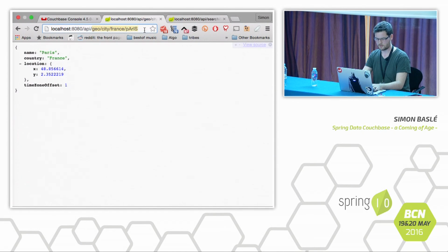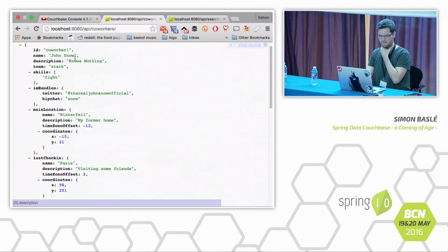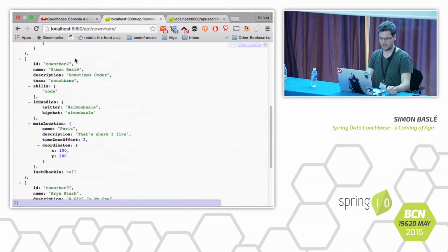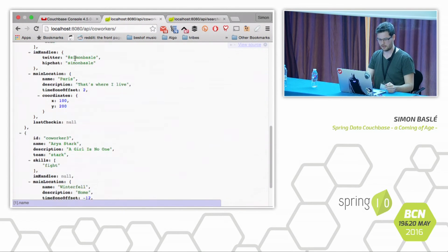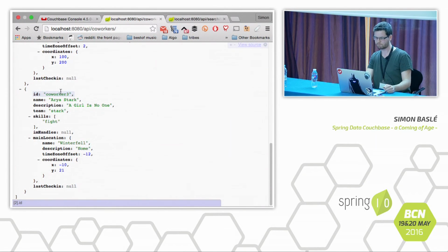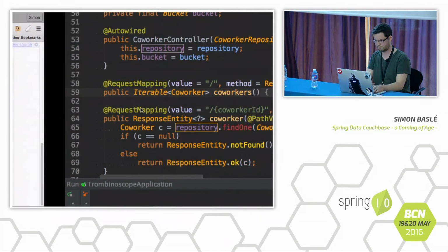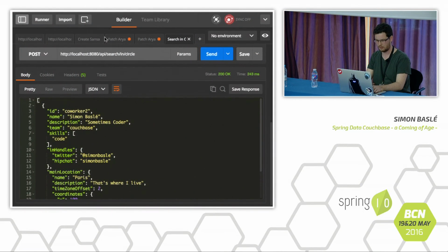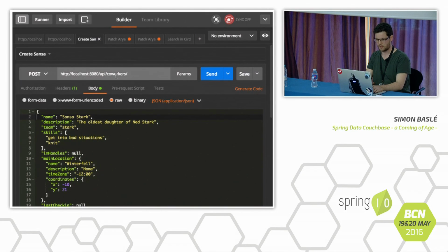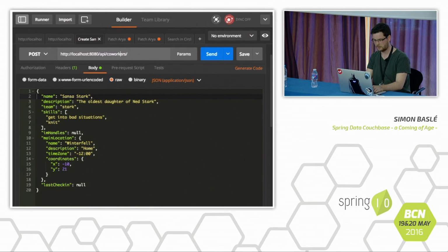So yeah, that's another example. But if I do API coworkers, I see that I have Jon Snow, Simon, and Arya Stark. And if I want to, for instance, create a new coworker, I can do a post with a tool like Postman. So I can post on API coworkers, the same endpoint. I will post this JSON, send,